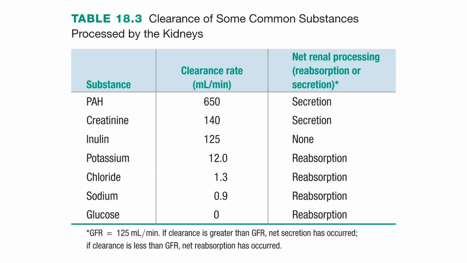On the other end of that, if we see a clearance rate that's less than our GFR, it's appearing in the urine at a slower rate than what we see it being filtered across the glomerulus, so we know that it's going somewhere else, right? It's going to be reabsorbed. And so we know that net reabsorption has taken place, all right? So this is why inulin is such a great predictor of GFR, because it's neither reabsorbed nor secreted. It's coming out at the exact same rate at which it is being filtered across the glomerulus. And so it has a clearance rate of 125, which is also the GFR, 125 milliliters